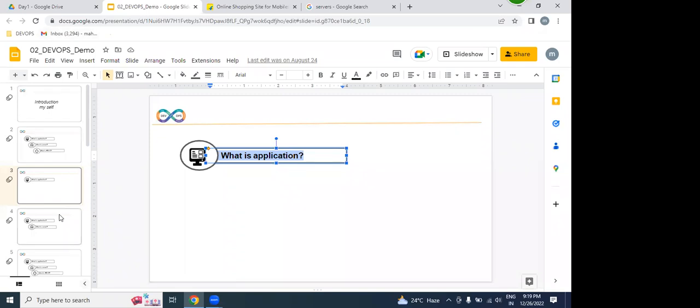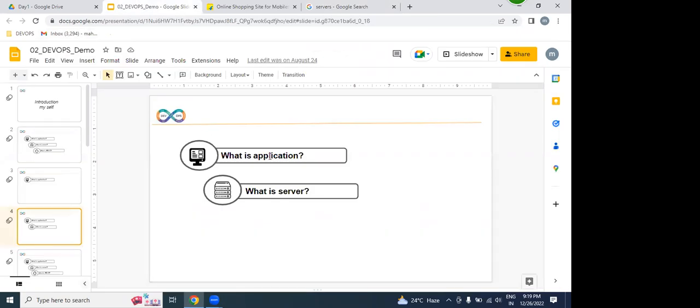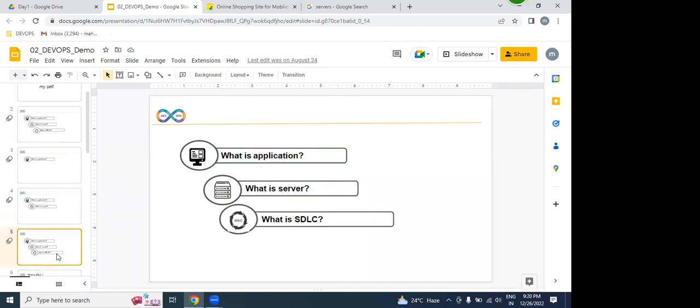So this application we are going to deploy on hundreds of servers. We can get the servers either in a physical environment, a virtual environment, or a cloud environment. After getting the servers, we are going to place this website, this application, on the server side. So I hope you understand very clearly what is an application, what is a server, and the third question is